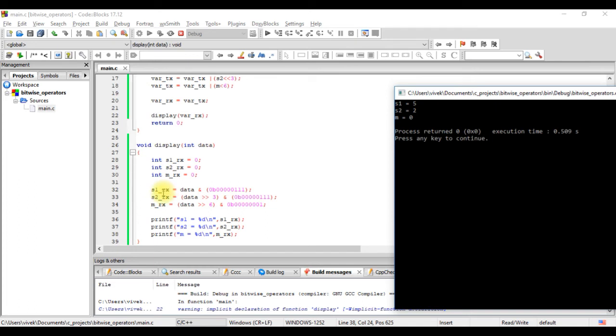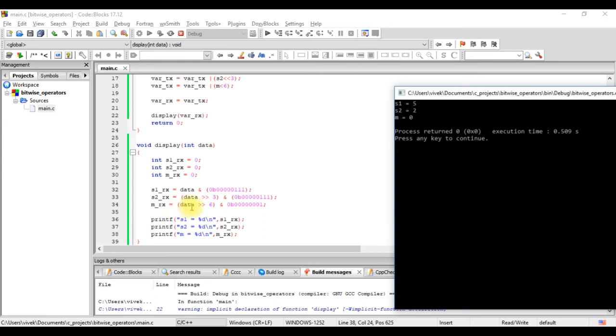So we have s1_rx equals data AND 0b111. This is nothing but the mask of S1. S1 is occupied in the last 3 bits. And then we take S2. To do that, we right shift data 3 times and then mask it with the 3 bits. And then we have m_rx.